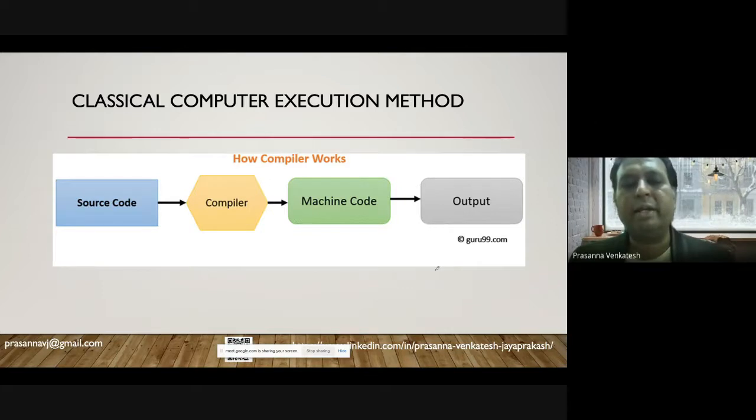It will be typical English, but specific to constructs put forth by, say, Python or C#. Once you write the code, compilers take your source code to machine code, and the machine code is what gets executed on your machine, and you get the output, just to simplify the whole process.